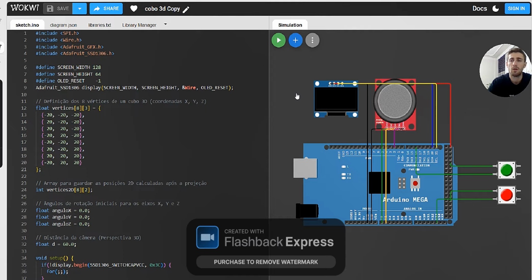In today's video, I will demonstrate a 3D graphics engine developed using Arduino Mega and an SSD 1306 OLED display in the Wokwi simulation environment. The main goal of this project is to create a real-time rotating 3D wireframe cube using mathematical calculations such as 3D rotation, perspective projection, and